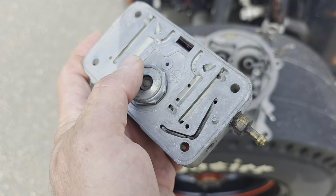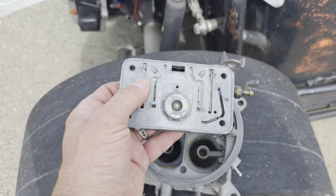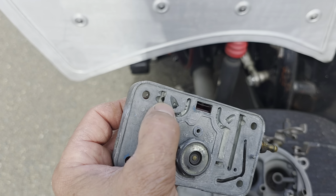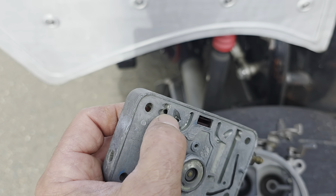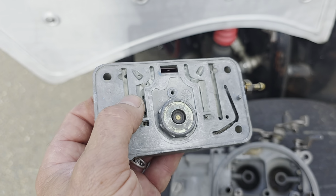So there's 3 on this side and 3 over here on this side. And then what they do, if you can see up right at where my thumb is, if I can get that to focus, in that little hole in there on an angle, they put a jet in there. Okay, that changes the,